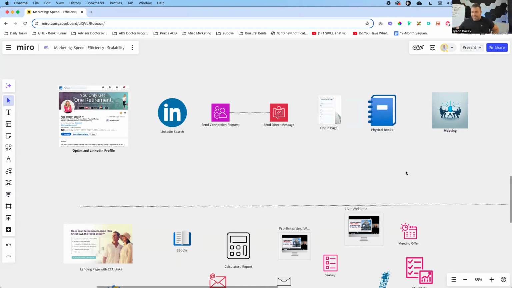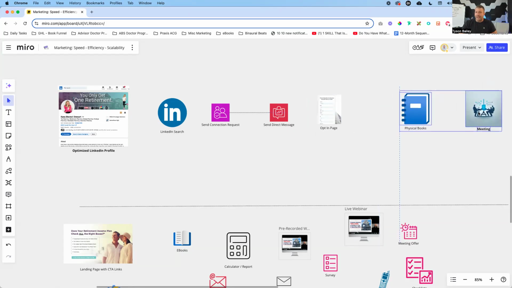Now, another thing that I see when somebody starts understanding the value of that landing page on the front end: I did a funnel audit breakdown on our YouTube channel, probably about a year ago, give or take, where an advisor was offering a really great book on LinkedIn. With that, I talked about things he can clean up in his messaging, and things I would change in terms of landing page structure and whatnot.